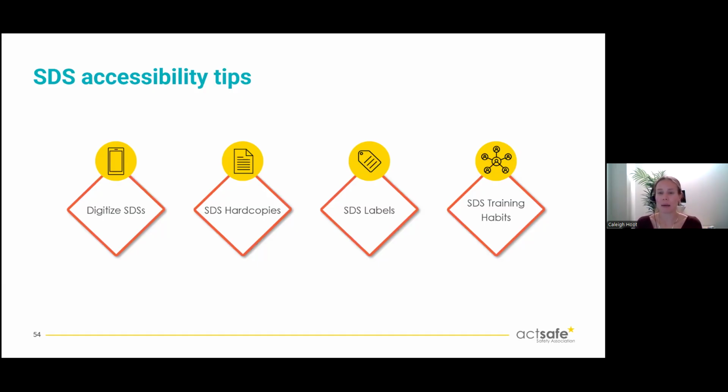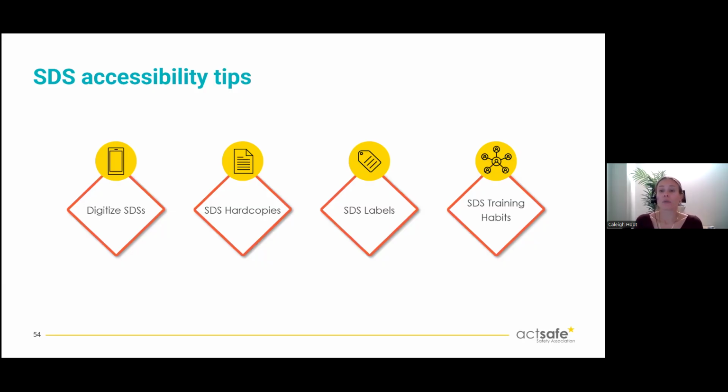But we also want to keep it updated. So if we are having one that's online, we want to bring in any new products that arrive. We need to upload them into that drive. We need to remove old ones. So if we've stopped using a product, remove it from the system. It avoids the confusion. We want to make sure that the link actually works. So test it out. If you have a QR code or you have a link, use it often, see if it's still attached. There's nothing worse than an emergency. You go to use the QR code and it leads you to nothing. And then you've used it so often, you don't even know where to find the hard copies of your SDSs. So that could be a scary thing.